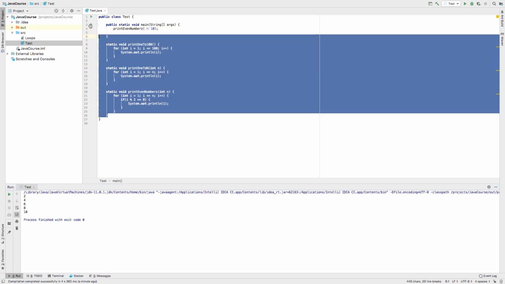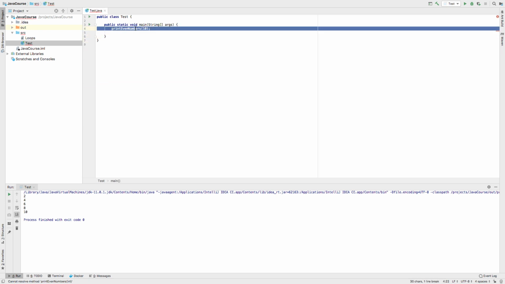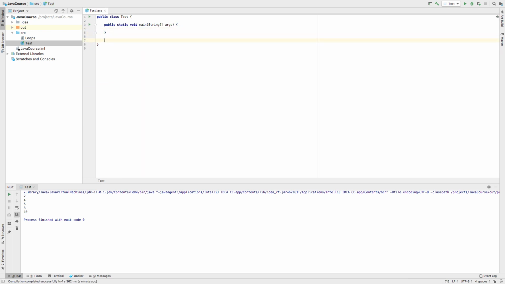So let's get rid of all this, and let's create the function declaration, aka method signature. We'll say static void fizzBuzz. We'll pass an n. So we're going to say implement the function. And the instructions will be here. So let's just give some instructions. So from 1 to n,